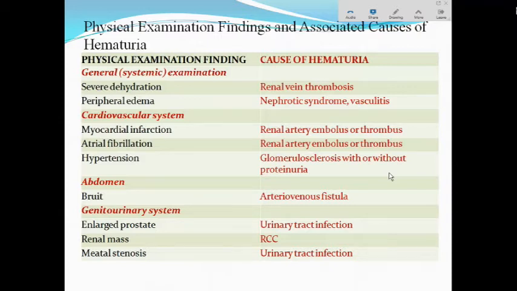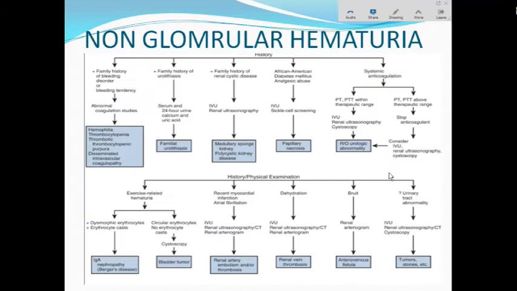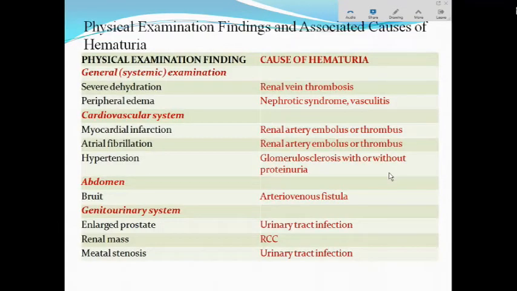This thing is important, you would already have read these, so we will not go through it. Physical examination finding: in case there is severe dehydration along with hematuria, there is a possibility of renal vein thrombosis, which is very difficult to diagnose. In renal vein thrombosis there will be hematuria, but your bladder will be clean, your kidneys, renal pelvis, and ureters will be clean, there will be no stone, no infection. Still, if there is dehydration, suspect renal vein thrombosis, which can give rise to hematuria.